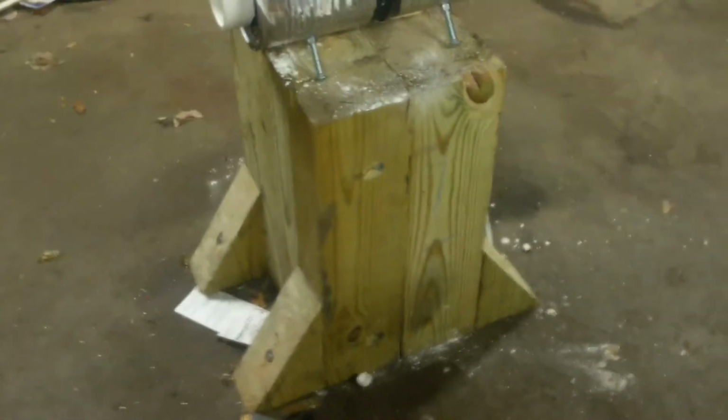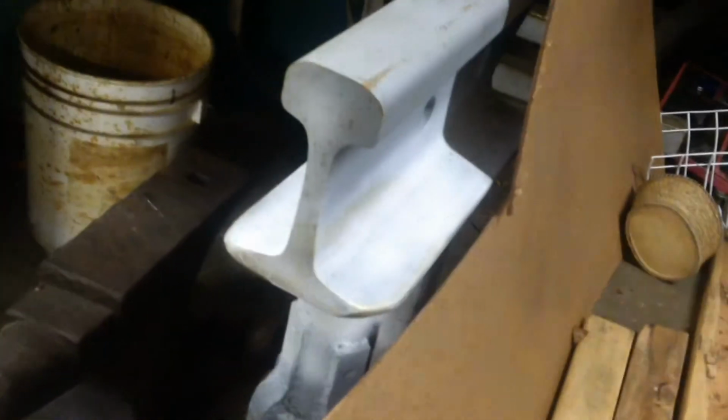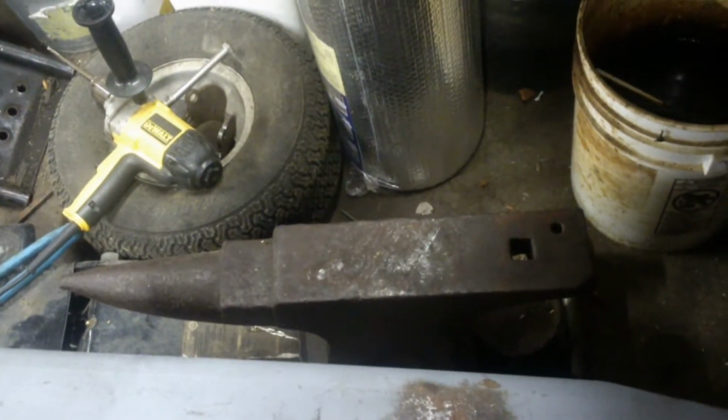Okay, here we go. Anvil Stump for my new anvil, which is currently hiding right there. There's the old railroad track anvil. It's behind this piece of board here. Let me get that out of the way. And of course, it's going to block the real anvil right there. So anyway,